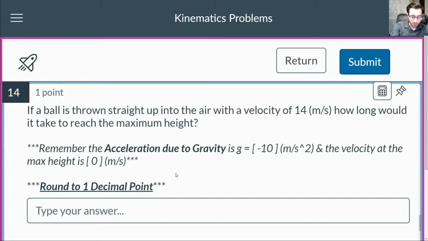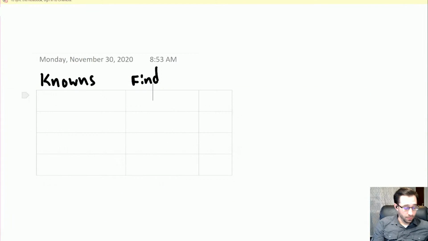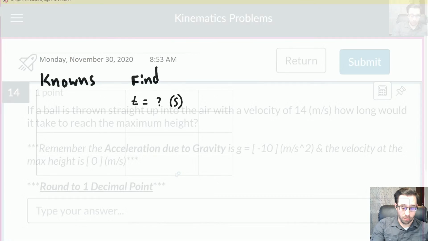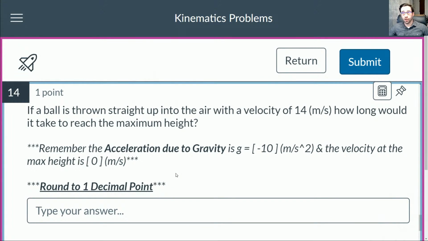Cool. So what is it asking us to find? So it's asking how long would it take? So that would be the time, and that's going to be in units of seconds. Cool. So after we figure out what we need to find, we go through the problem and we figure out what is given to us. So I switch back to the problem. If a ball is thrown straight into the air with a velocity of 14 meters per second,